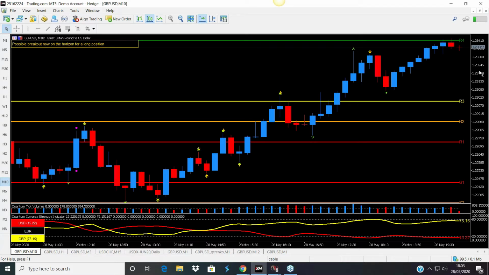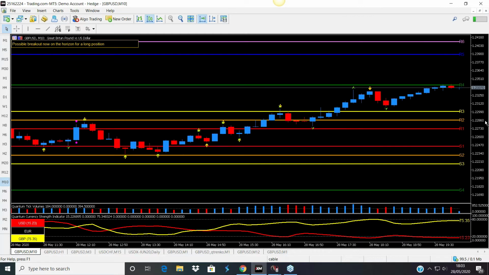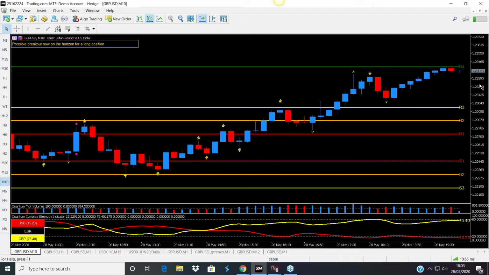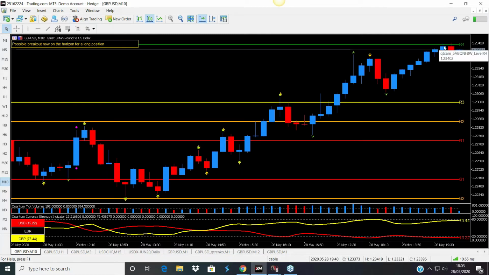And when the price gets there, what it also tells us is that it's likely to pause. There is a hierarchy to these levels. The fourth level, the R4 and the S4, are probably the most important in this indicator. We've actually added two more, a 5 and a 6. What happens around the R4 is basically the price will arrive there. It will generally, as it does here, pause, as we have seen here, and as we can see